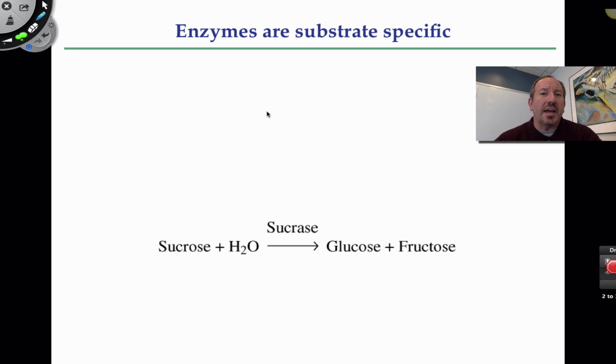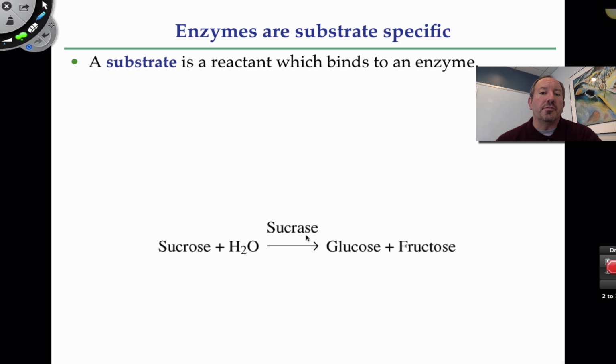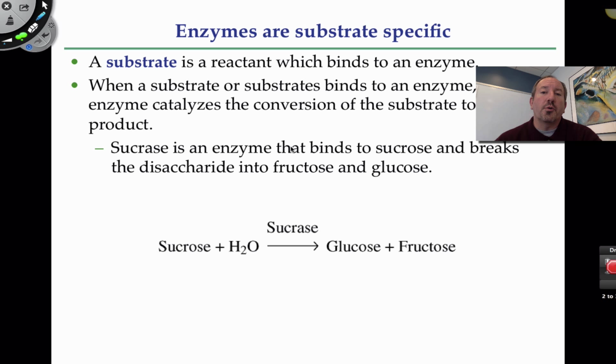And their specificity has to do with their three-dimensional shape. I mentioned this example before of sucrase as being the enzyme that speeds up the hydrolysis of sucrose. There are many, many thousands of different enzymes that are needed by a cell because each substrate binds to a particular enzyme. That's incredibly important because these enzymes are kind of like traffic lights on all of the roads in a big city. And so you don't want the enzyme capable of speeding up different kinds of chemical reactions.